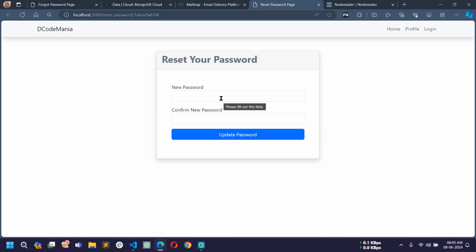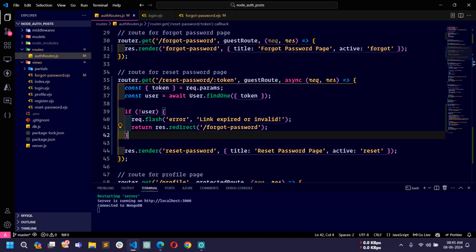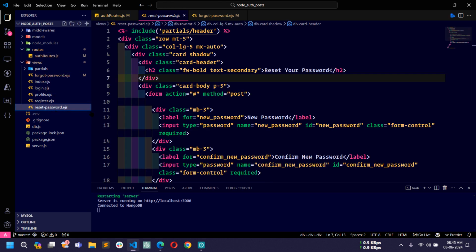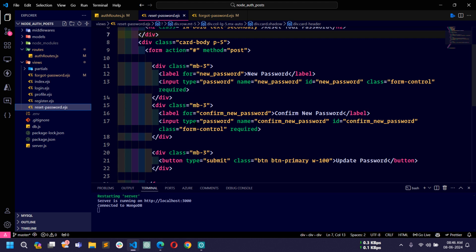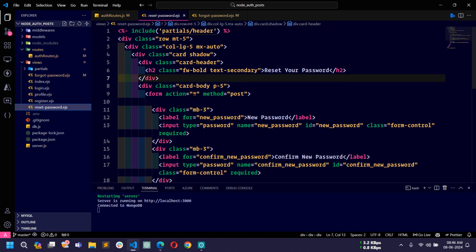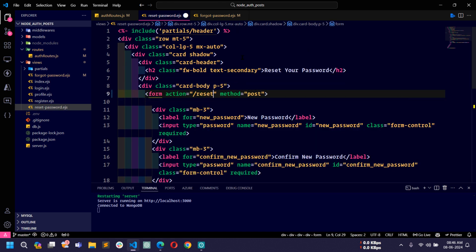Now we can use new password, and if I click on update password, then the new password will be updated for this user which contains this token only. Okay, so let's process this reset password page form request. So now next what I will do is I will go to this reset password .ejs file, and here I will first change this action to /reset-password, and now